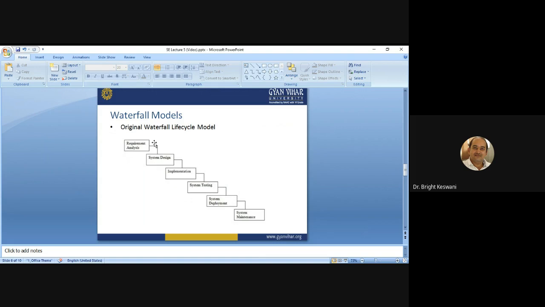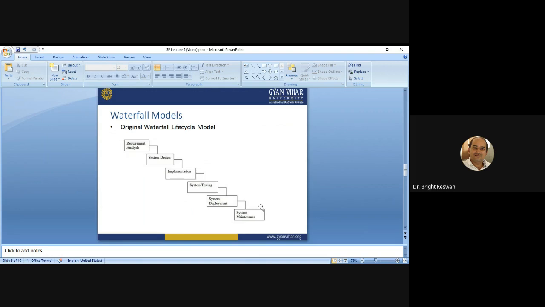It is shown in this illustration, and this model is criticized as being a one-way street with no turning back. This is a one-way street. You can see it in this figure. This is a one-way street and no going back is there. No returning back is there. Okay, so it is a traditional waterfall life cycle model, where once analysis is complete, design can begin. But once design has begun, analysis cannot be re-entered. Okay, this is the idea. That is, the requirements are frozen.